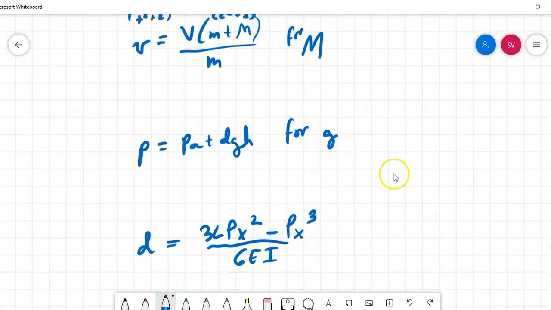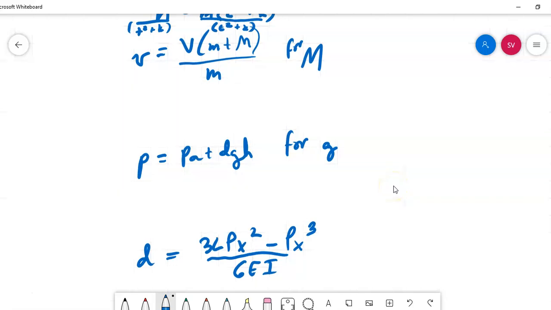Okay, I got 3 more problems to cover. Alright, so we have this formula here. We want to solve for big M. So let's first get rid of this M on the right side. The M on the right side is attached by division. What's the opposite of division? Multiplication. I'm going to multiply it by M on the right, M on the left. That cancels. So I get MV is equal to